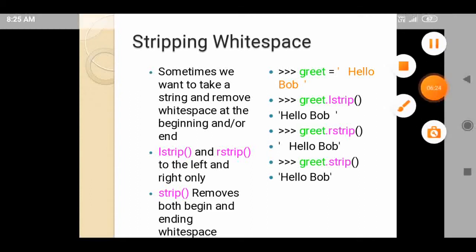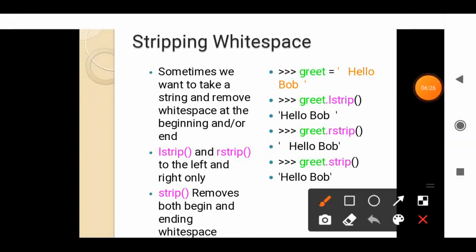Now we'll see the example. greet is a variable equal to a string with some spaces on the left, then "Hello Pop", and some spaces on the right. We have assigned this value to the variable greet. Next, greet.lstrip removes the white space from the left side, and it displays the result.